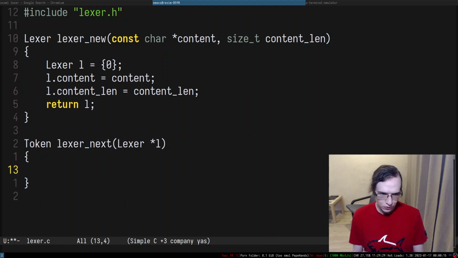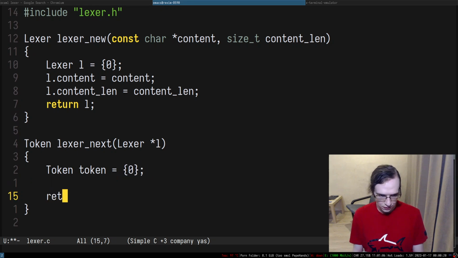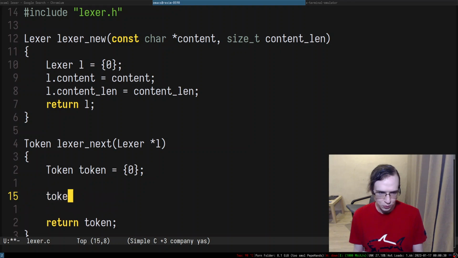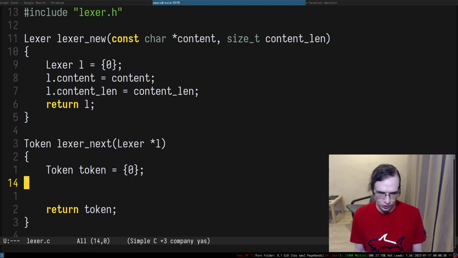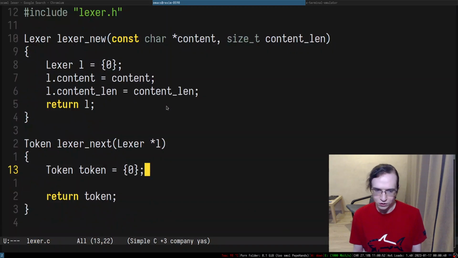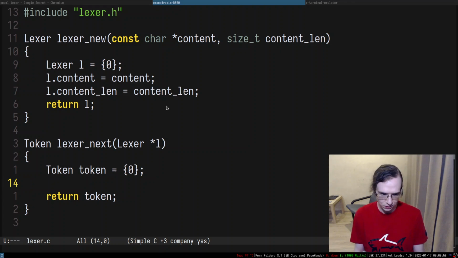Right, so in here, I probably want to create the token that I'm about to return. Initially it is going to be zero initialized, and then I'm going to simply return this thing. Depending on different situations, we'll be able to set the token kind to different things, but for now it's going to be that. And what's cool is that end is zero, so if you create a token structure zero initialized, that means that token points to the end, which is a sensible default in my opinion. But for now, I'm gonna say unimplemented